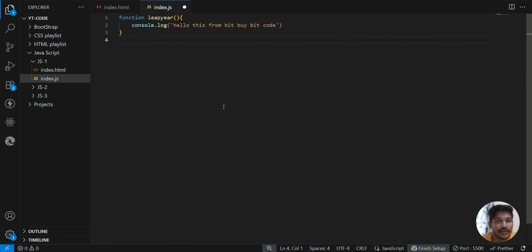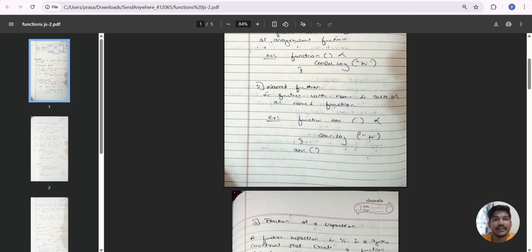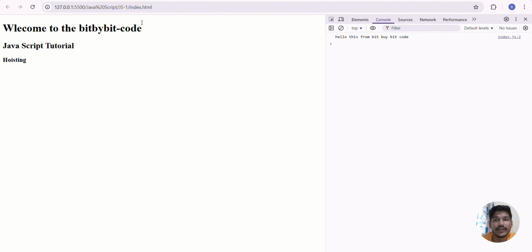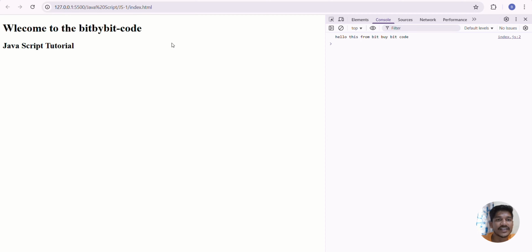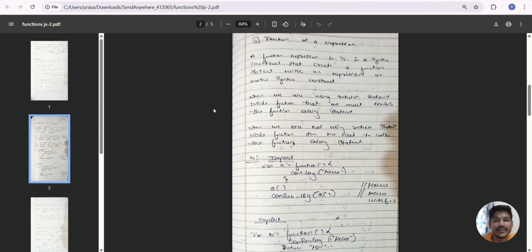And then what we will do, we will call this leap year, and then we will go for this one. Hello, this is from Bit by Bit Code, you can see. So what we have done, we have called the functions and continuously we have changed this one. And here I will remove this hoisting, let it be. So the first example you have seen, and the next example is